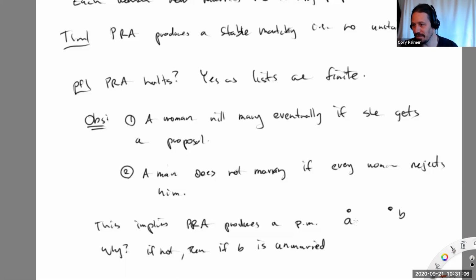So if B is unmarried, then there's some A that's unmarried, and this is already problematic because how did A fail to marry? He was rejected by everyone. In particular, he was rejected by B, which meant that B did get a proposal, which meant B should be married, right? It's an immediate contradiction. You can visualize it too. If B is unmarried, there's some A that's unmarried. Why aren't B and A married? There should have been a proposal at least between them. And if that happened, then B would have maybe not married A, but she would have married because she had a proposal, okay? So if B is unmarried, then there exists A unmarried,